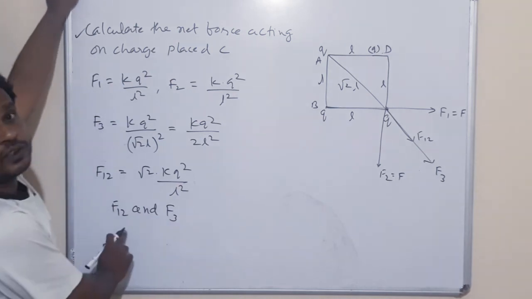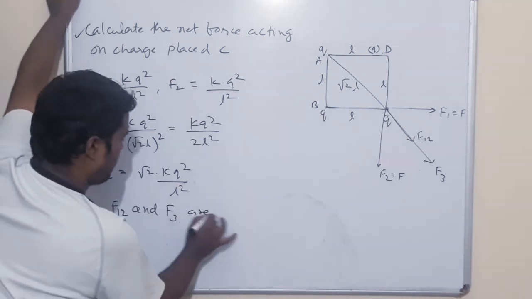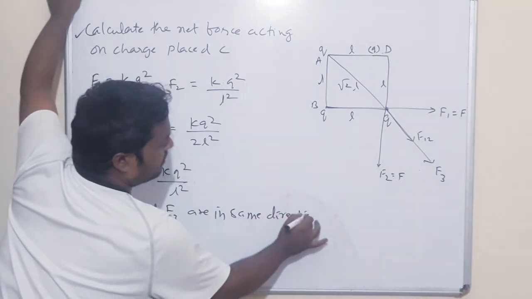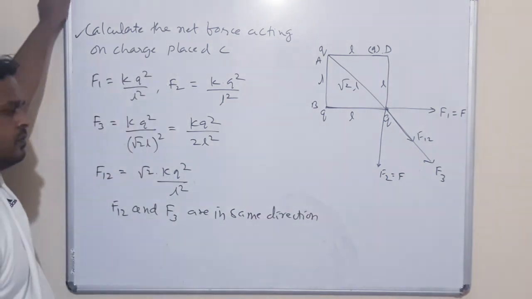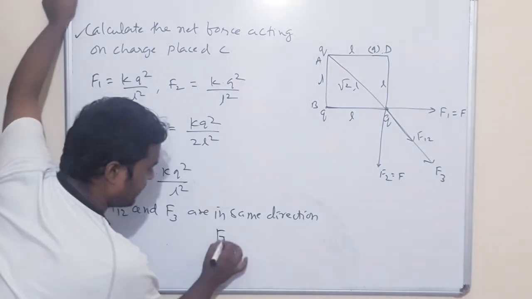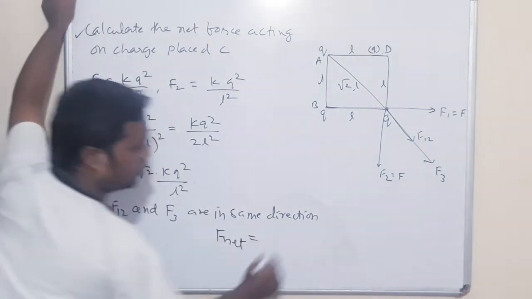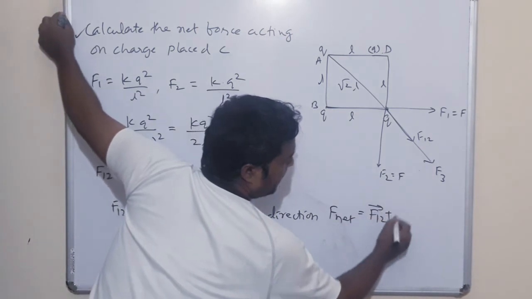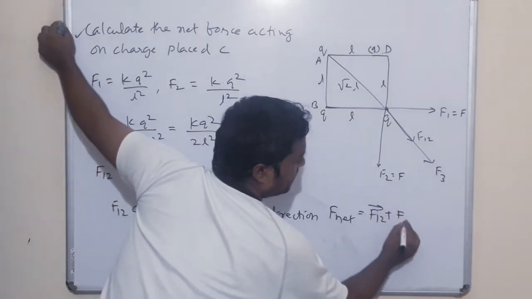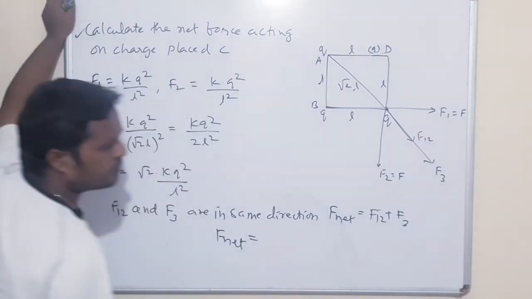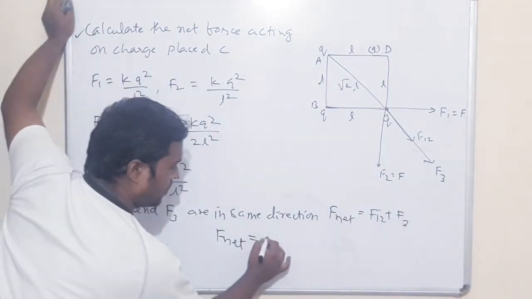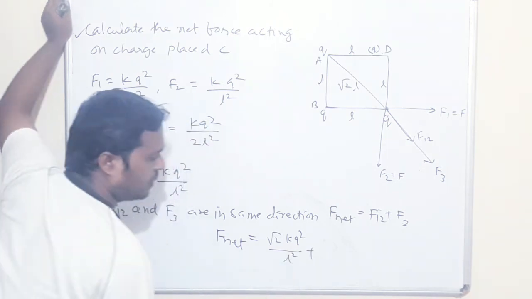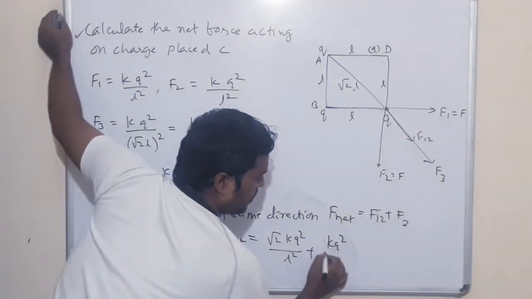F12 stands for the resultant of F1 and F2, and F3, they are in the same direction. Then what will be F net? F net is equal to F12 plus F3. Then F net is equal to root 2 k q square by L square plus k q square by 2 L